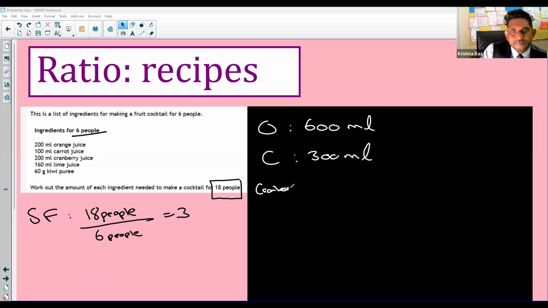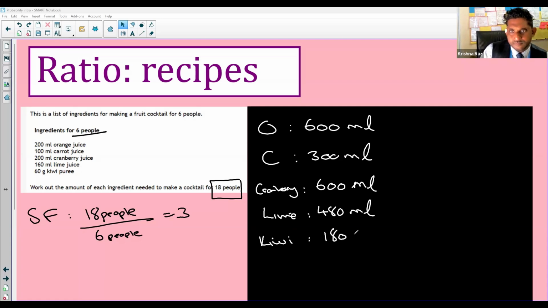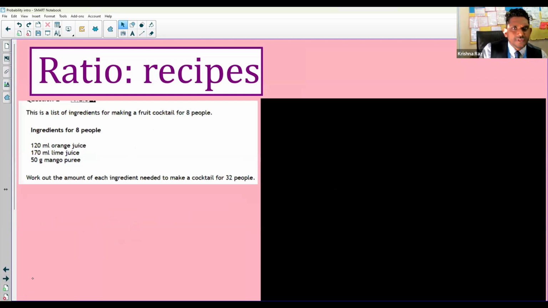Cranberry will be 200 times 3. Lime, 160 times 3. And kiwi puree, 60 times 3. Yeah, simple as that. So in this one,